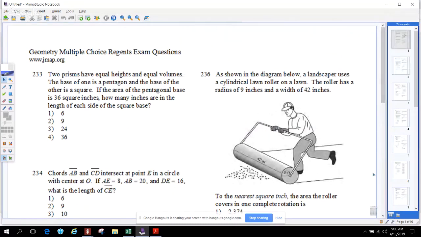Okay, we're looking at question 236, which is on page 45. It's this question right here. And let's see if we can get started. Okay, so it says,